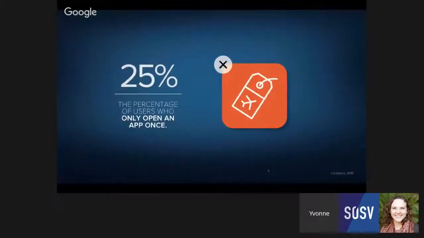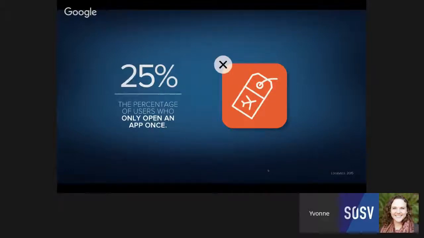An interesting stat based on our data: at Localytics, we work with a lot of different organizations and companies, roughly 37,000 apps, and we analyze about 120 billion data points a month. Looking at our data, we found that 25% of users only open an app once. So being one of the users' 41 apps installed on their phone continually is a challenge, and we recognize that. Again, we'll go over some best practices today.